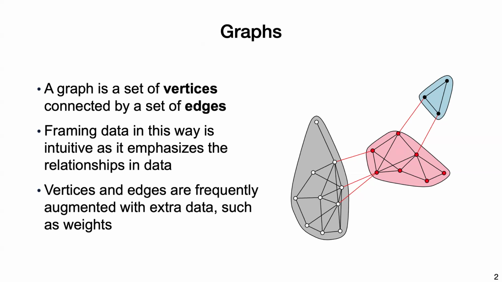But they appear in a lot of applications. For example, in computational biology, the nodes could be proteins and the edges would be interactions. Or in roads, the nodes are intersections or locations, and the edges would be the connections between the locations. It directly emphasizes the relationship in the data. Usually vertices and edges have some extra data, like a small weight, usually an integer. In a road network, a weight could be how much traffic there would be along that edge, or in a social network, the weight would be how close we think these two entities are.